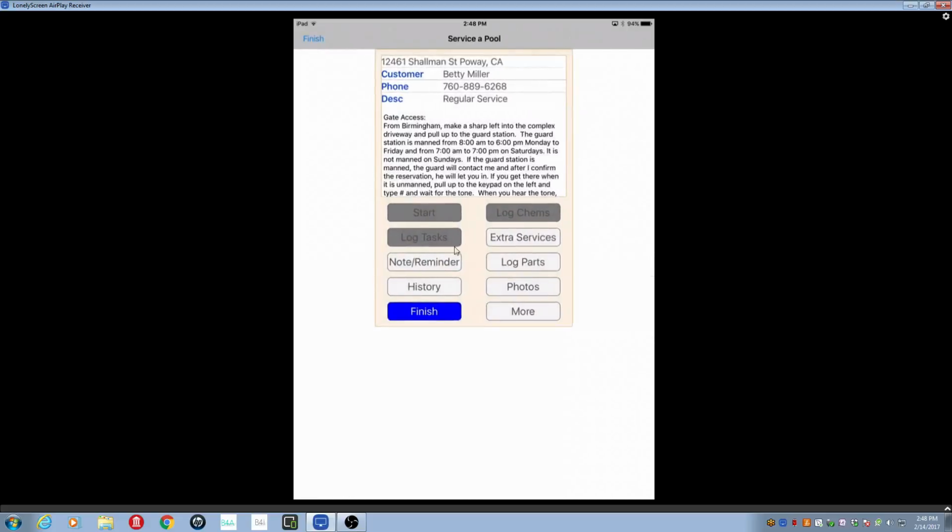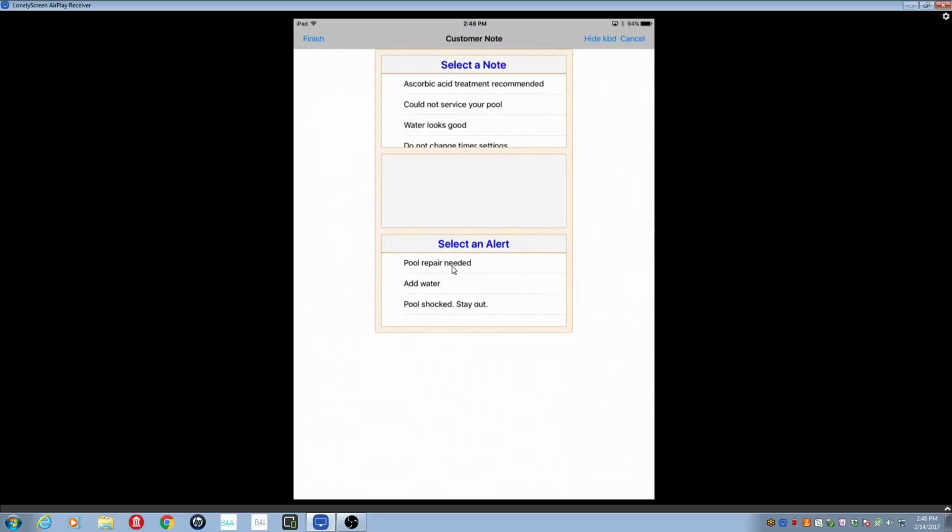entering those readings. You can record extra services, notes and reminders, and log parts. Let's enter some notes. Let's take a look at it. Once you click the notes button, you'll notice that there's a list of notes, and it's scrollable. You can scroll up or down just by dragging your finger over it. To add a note, all you have to do is select the subject from the list. So just tap the particular subject, and you'll notice that the subject shows up at the top to indicate